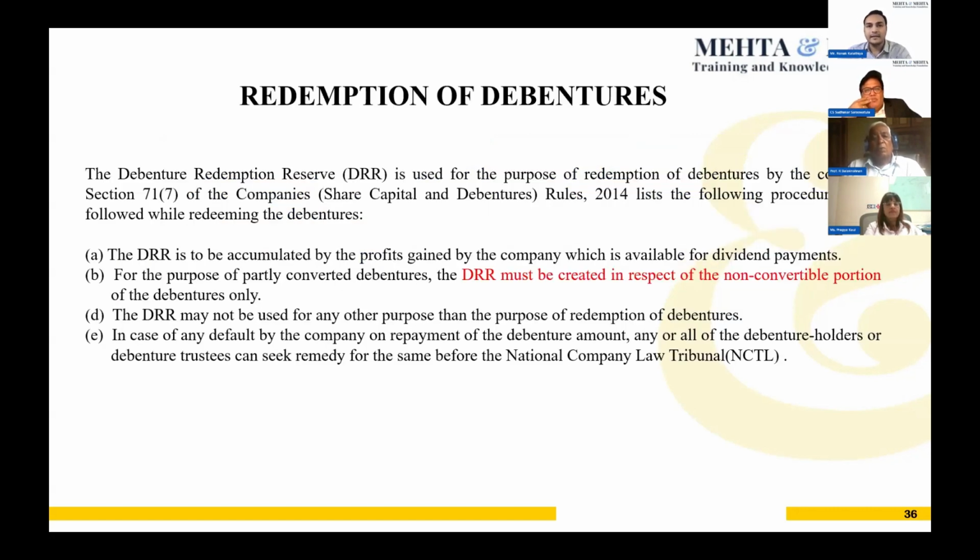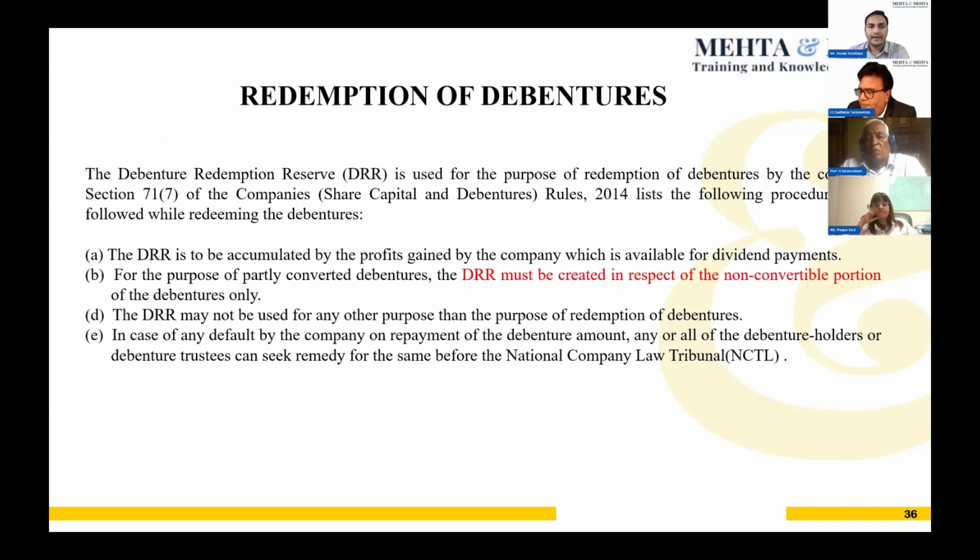So lastly, touching upon the provisions for the redemption of debentures, the debenture redemption reserve is used for the purpose of the redemption of the debentures. Section 71, subsection 7 lists out the procedure to be followed while redeeming the debentures. The DRR is to be accumulated from the profits gained by the company which are available for dividend. And for partly convertible debentures, the DRR must be created in respect of the non-convertible portion only, as already discussed. And the DRR may not be used for any purpose other than the